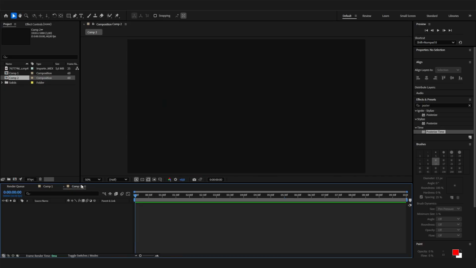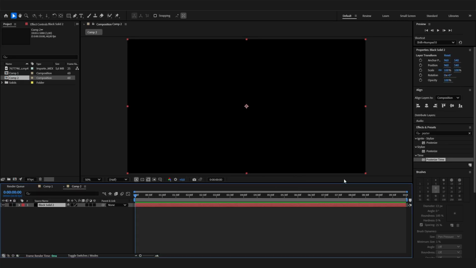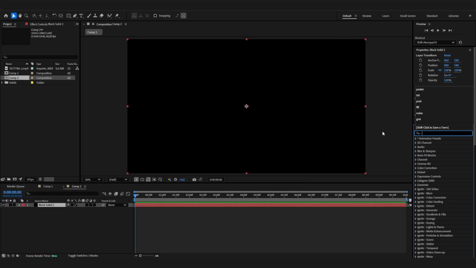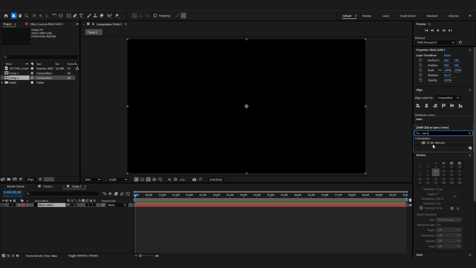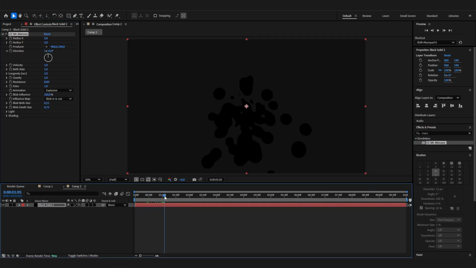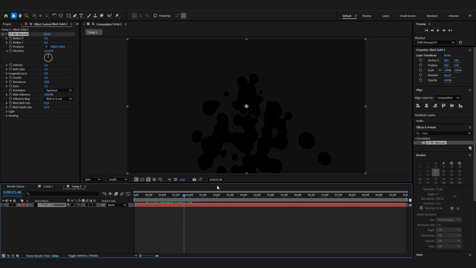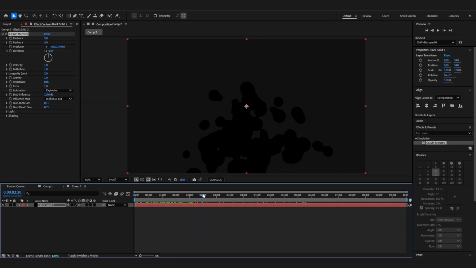So I made a new composition with the background. Let's first of all add a solid. Here we will apply the one and only effect, the Mr. Mercury effect. Just apply it, and by default this will look hella weird. So let's change a few settings in here. This will be the fire, so it has to have fire properties.